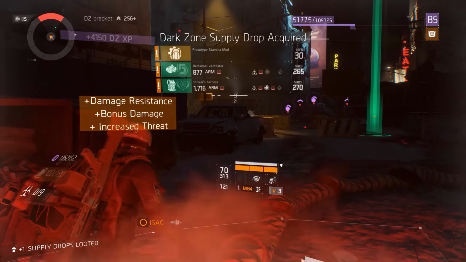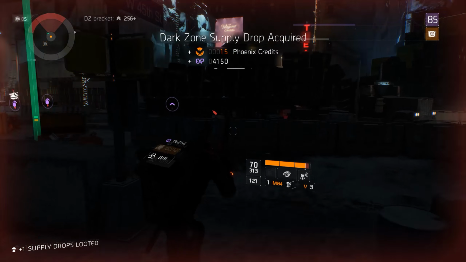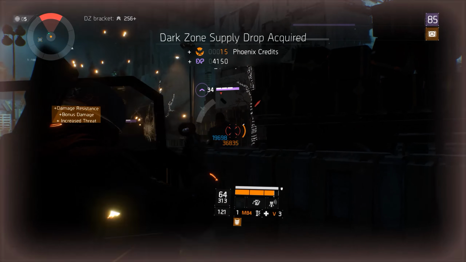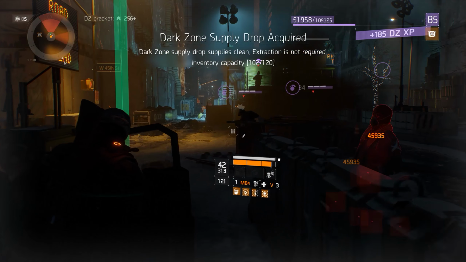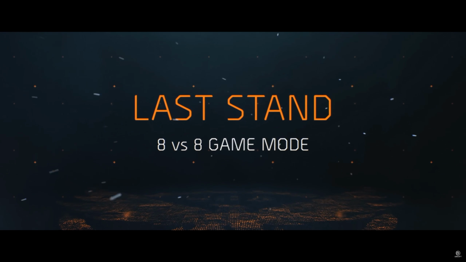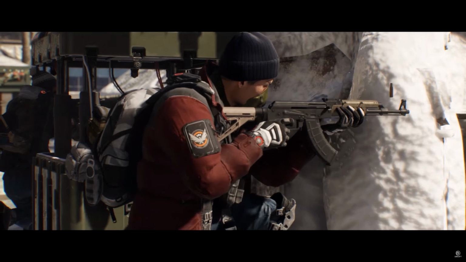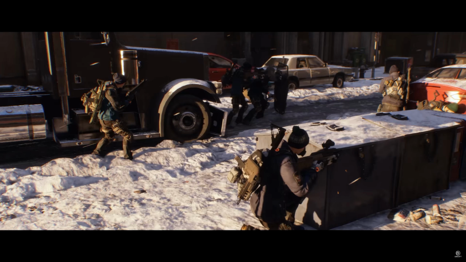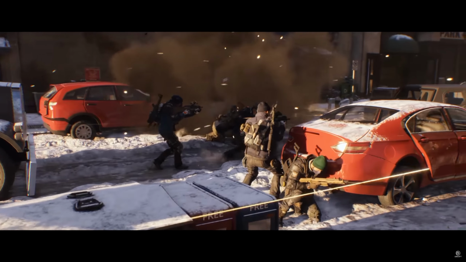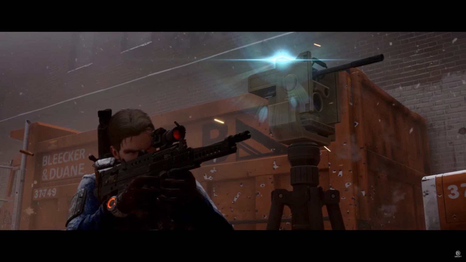Update 1.6, also known as Last Stand, went live on February 28, 2017 for all platforms and brought a nice variety of changes involving most aspects of the game. At the heart of Update 1.6 was the dedicated PvP mode known as Last Stand that pitted players into an 8v8 domination-style game mode. Using the existing Dark Zone as the backdrop for this combat arena, Last Stand divided the